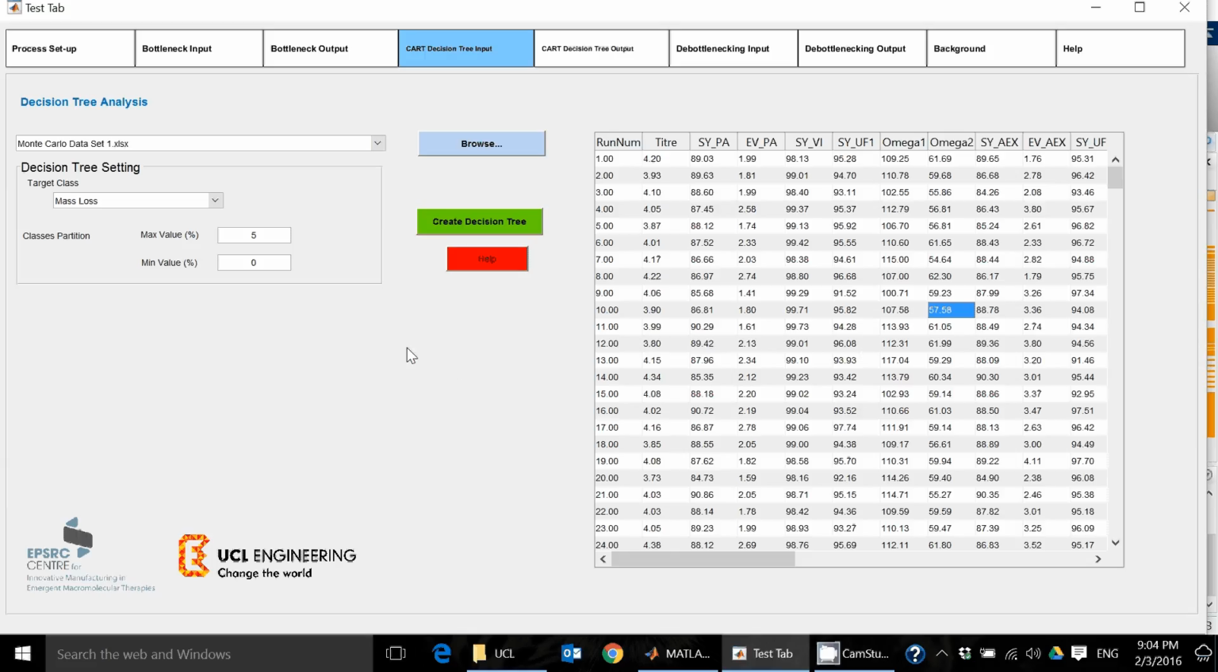Crucially, before we create the decision tree, it's important for the user to define the upper bound value of unexpected mass loss. Currently, this is at 5%. This can be 3%, 7%, 10%. It's all up to the user preference, and will typically come down to the sort of value of the product. I'm going to leave it at 5% for now, and you simply create the decision tree by clicking on this